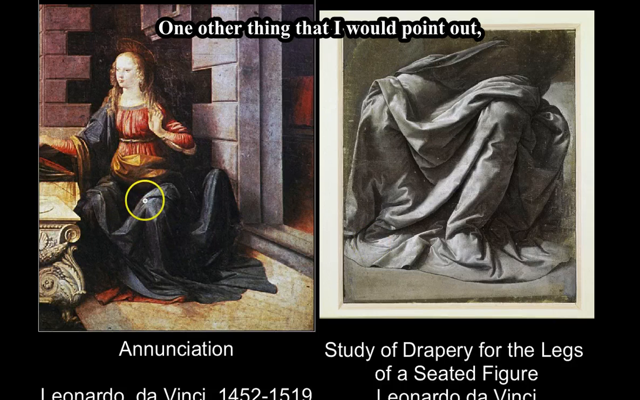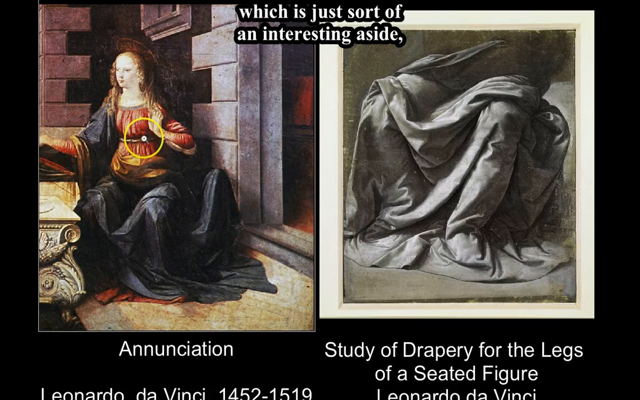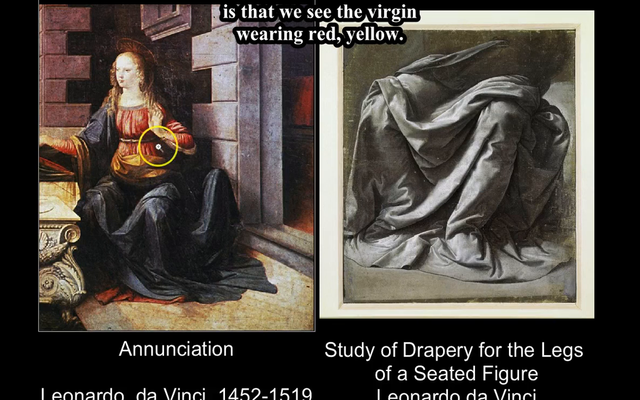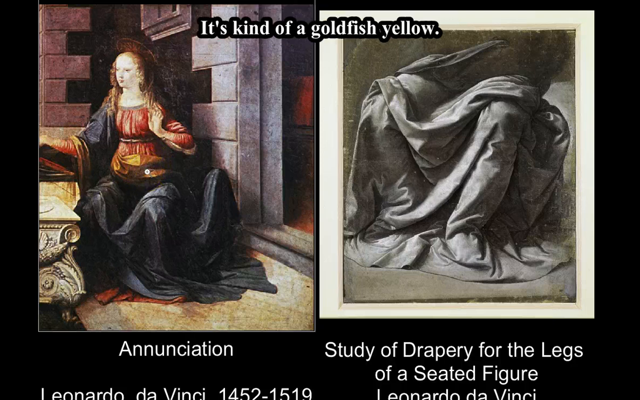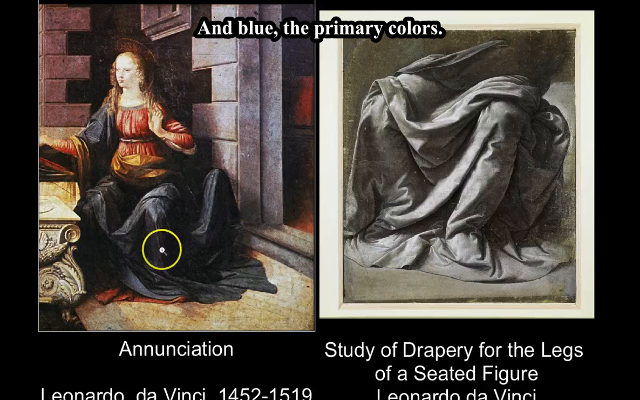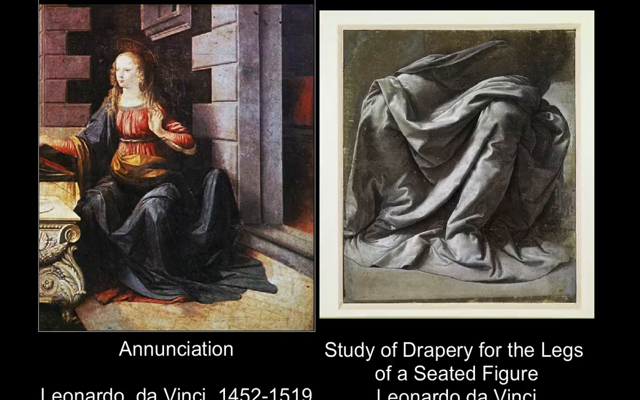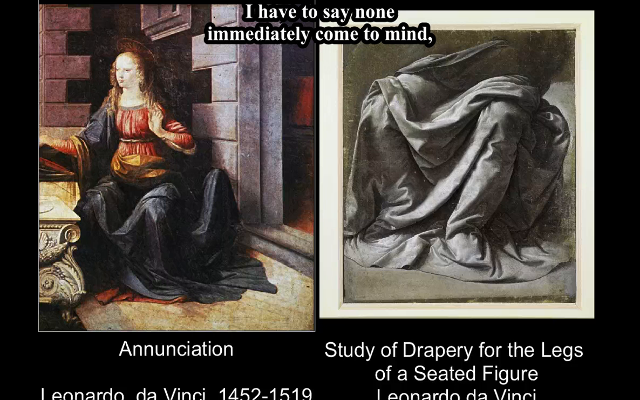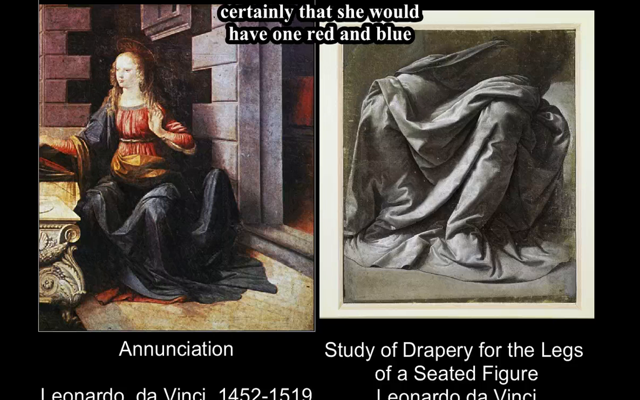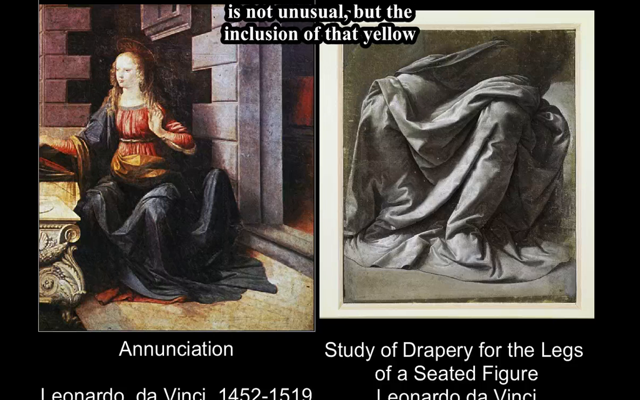One other thing that I would point out, which is just sort of an interesting aside, is that we see the Virgin wearing red, yellow, it's kind of a goldish yellow, and blue, the primary colors. It'd be fascinating to see if there are other Virgins that are painted this way. I have to say none immediately come to mind. Certainly that she would have on red and blue is not unusual, but the inclusion of that yellow I think